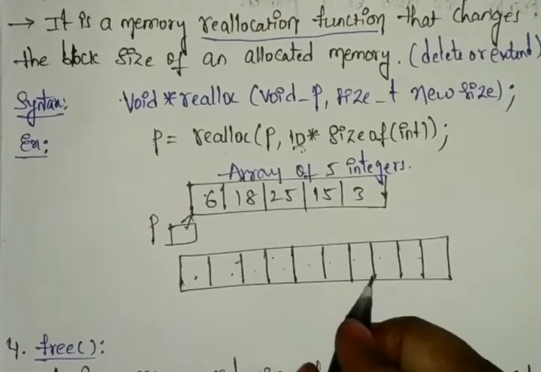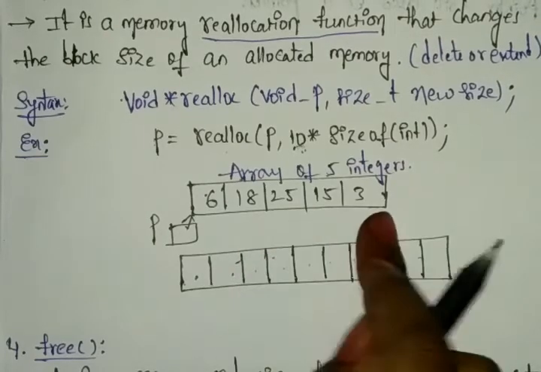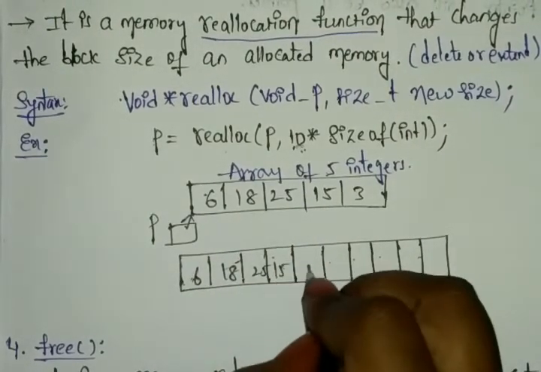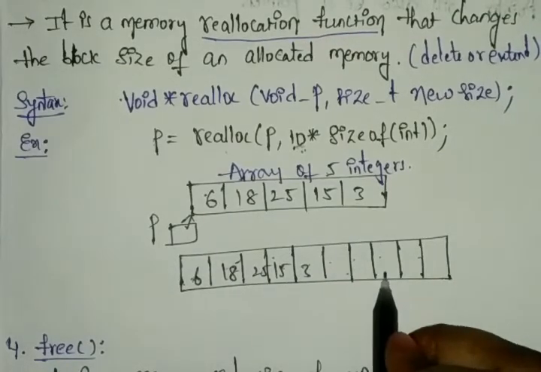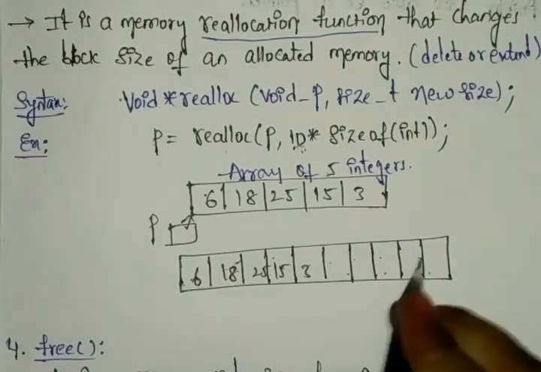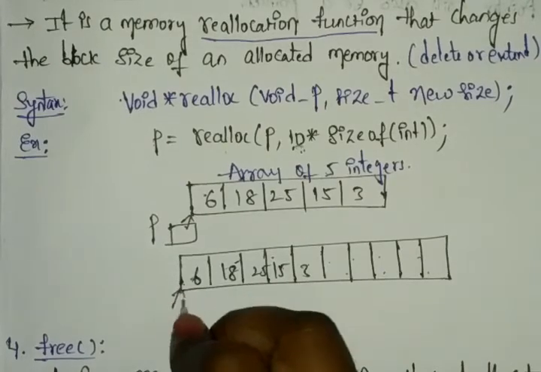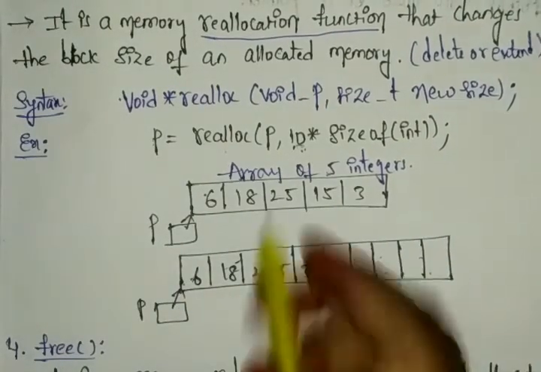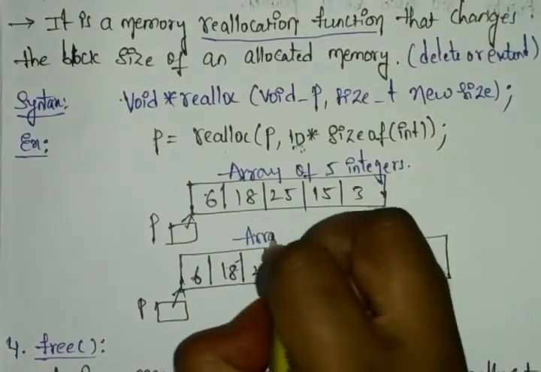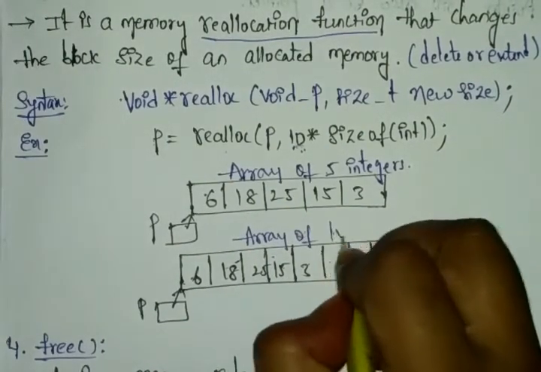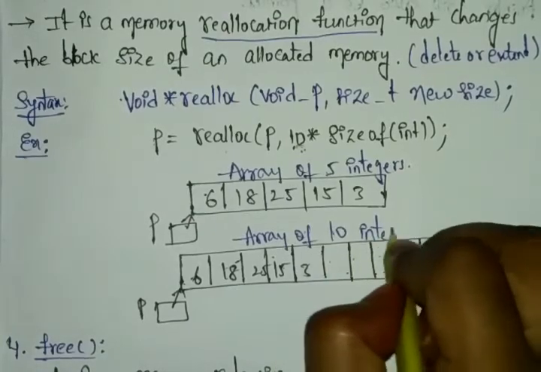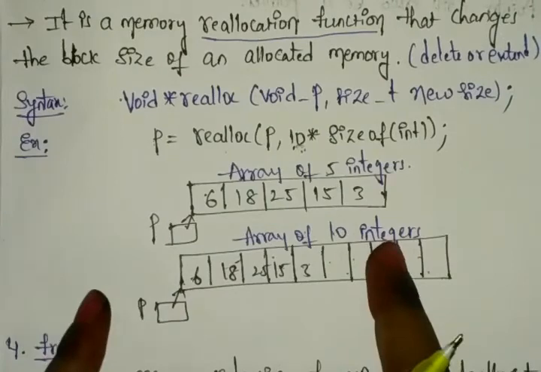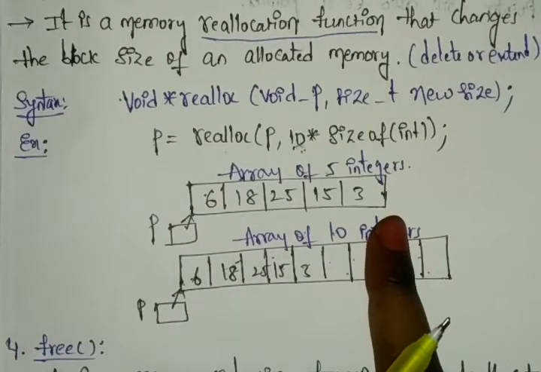Okay. So here already we have the 5 elements. You can write here 25, 53. So we are left with 5 again. Right. So always here the pointer can point to the first element. And you can say this is our array of 10 integers. Array of 10 integers. If we have any more elements, so more than 5 elements already will be having.